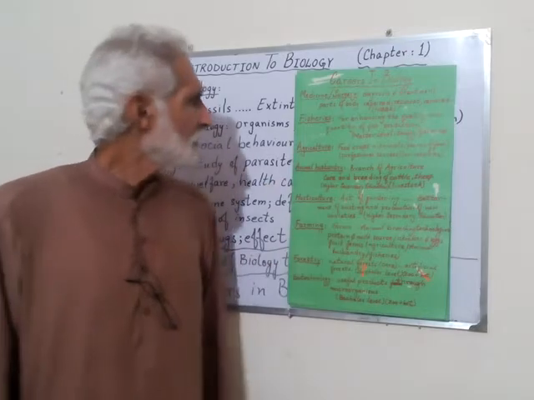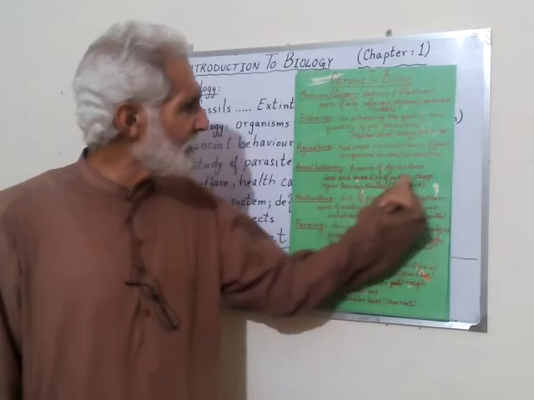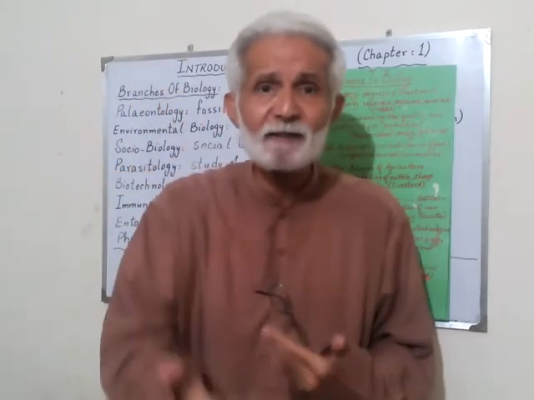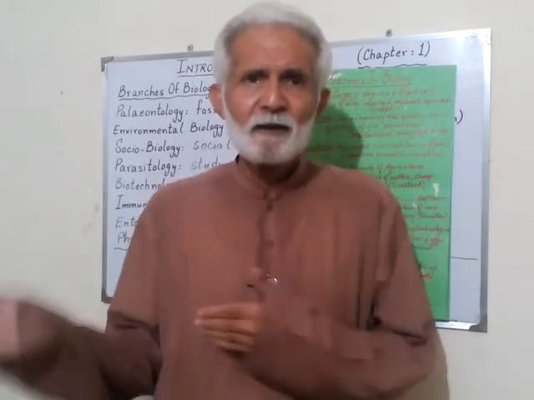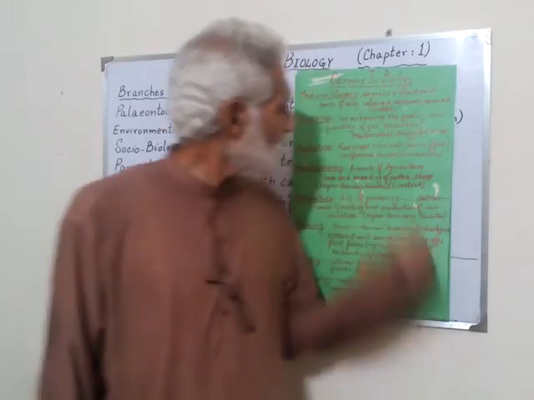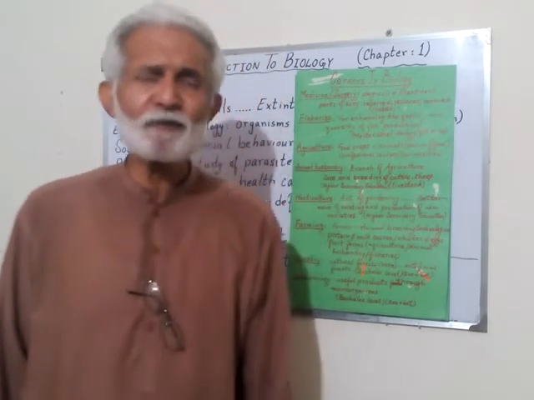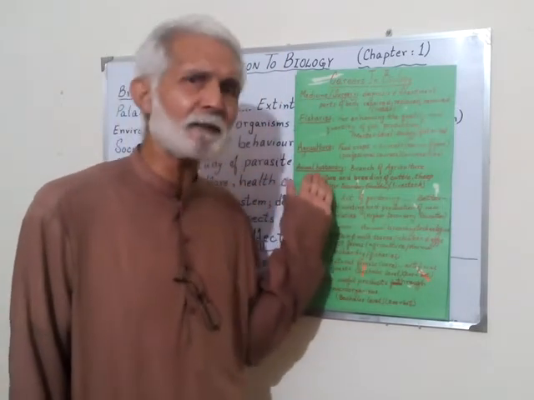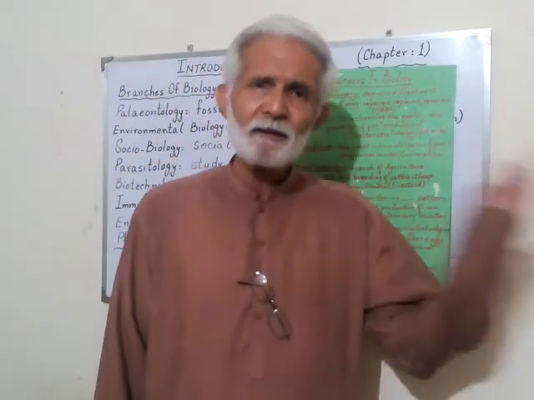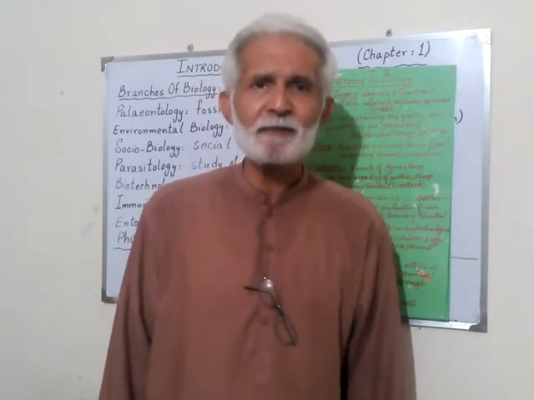Then comes animal husbandry. It is also a branch of agriculture: care and breeding of cattle and sheep. As I told you, they bring new breeds. After a cross, they bring a new breed. Why? Because they are increasing the quality and quantity of cattle and sheep. This is called livestock department. You have heard about livestock department. Livestock department deals with animal husbandry, and after higher secondary education, you can get an opportunity to work over there if you are working with biology as a subject.